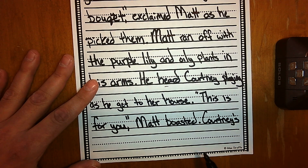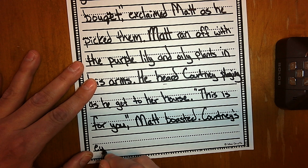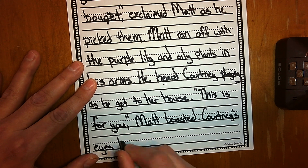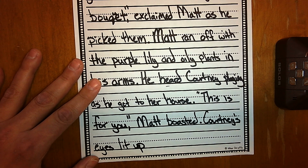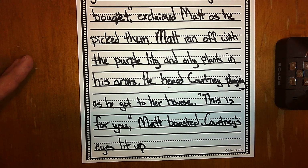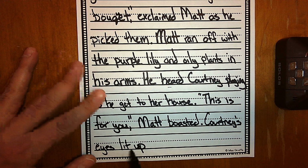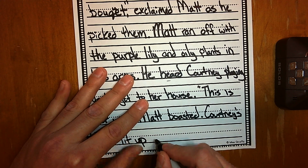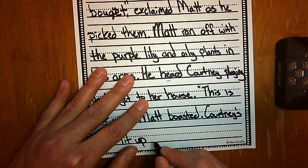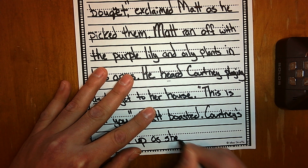So instead of saying Courtney's happy, I'm going to say Courtney's eyes lit up. Isn't that such a better way of saying she's happy? That's great writing. I could have said Courtney was happy, but instead I said Courtney's eyes lit up. And she's going to do something that's going to make our problem worse. Her eyes lit up because she's happy as she